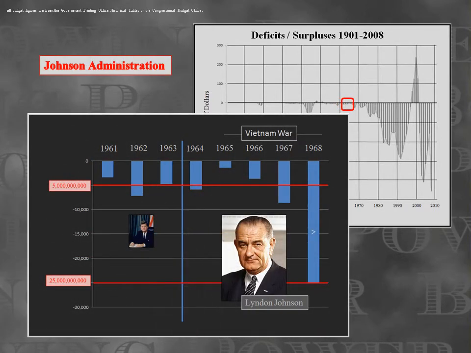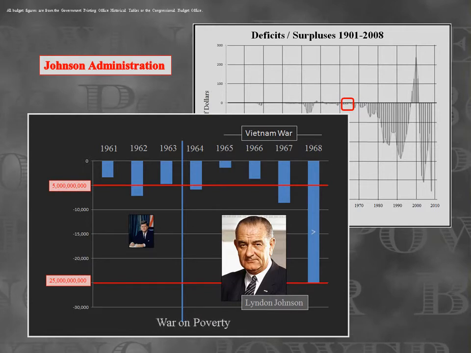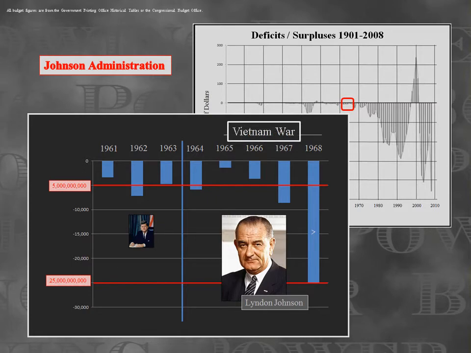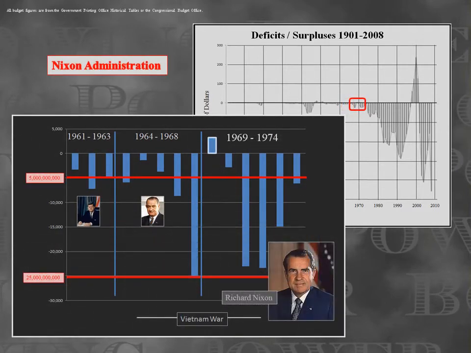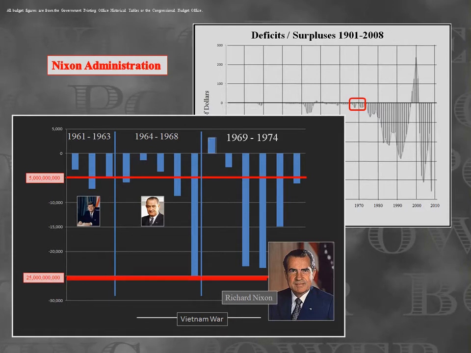Deficits continued during the Johnson administration. Spending rose with the War on Poverty in 1964, and then after 1965 with increased spending on the war in Vietnam, necessitating the addition of another red line at the $25 billion level. After posting a rare surplus in spite of continued war spending, deficits again approached the $25 billion level during the